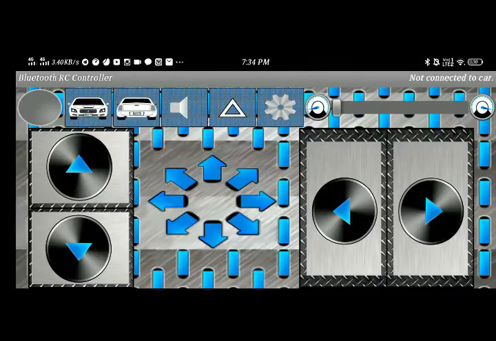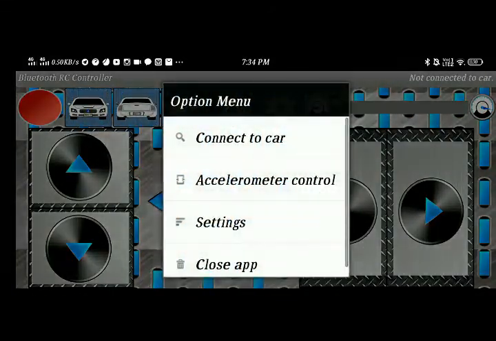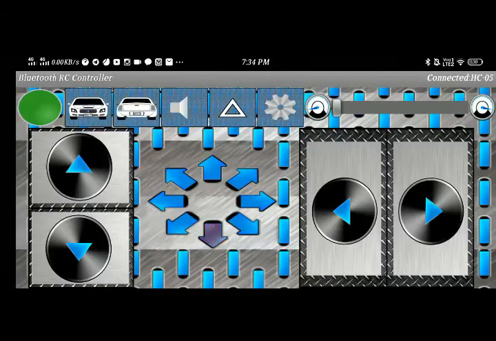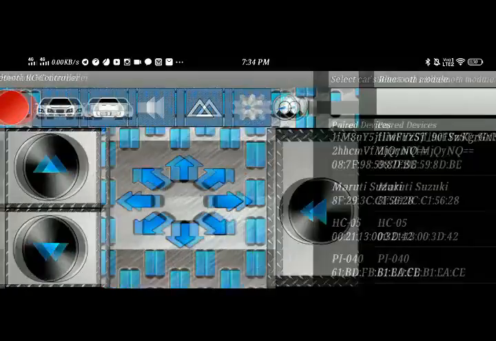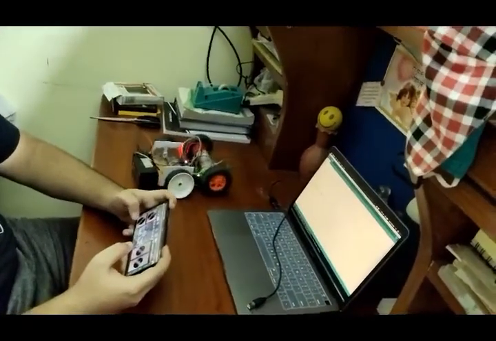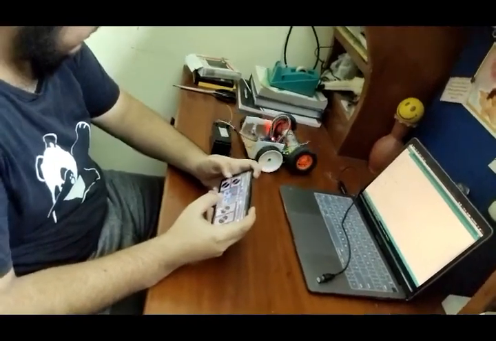This is the interface of the application I was talking about. On the left side, you can see a hollow circle. You have to tap on it and connect the car. Make sure that power supply to the Arduino is on. This is how you can turn it left and right. Here my teammate Bhavesh is simply moving the bot for testing.